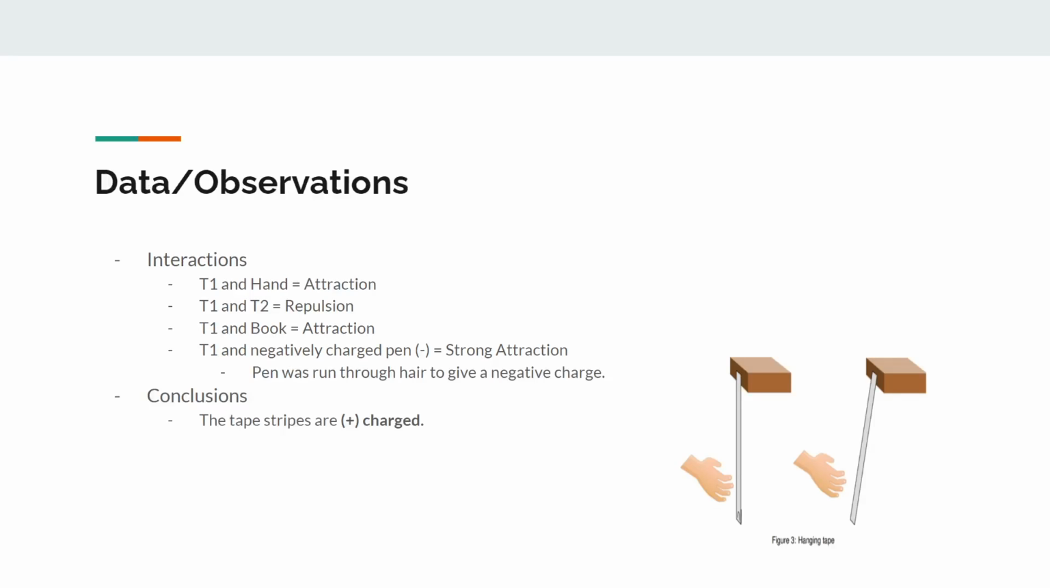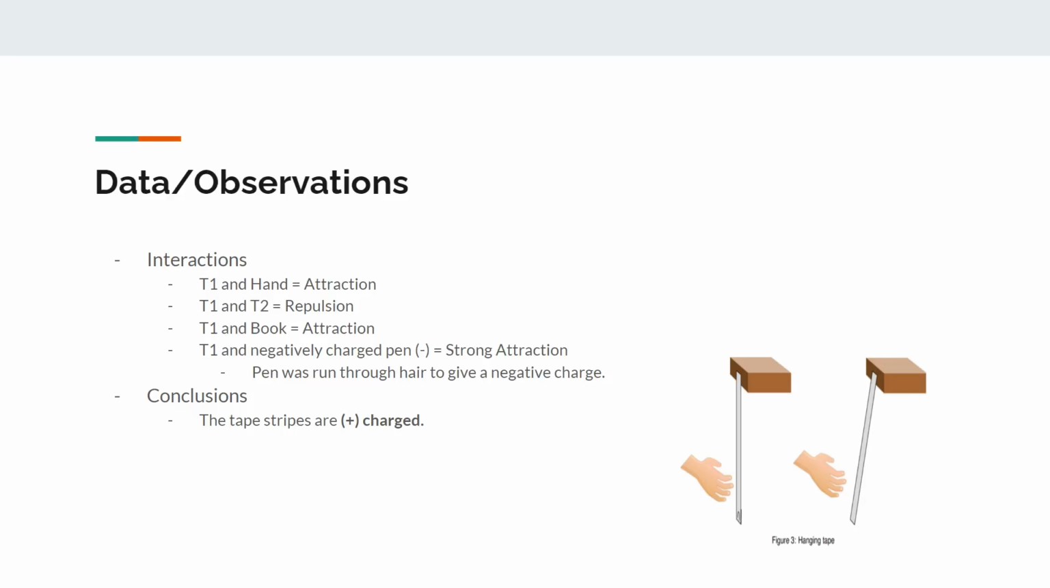Some interactions that we observed: when we put the tape on the table and put a hand or a book there, it attracted slightly, which were both neutral objects, the hand and the book. But when we put tape 1 and tape 2 next to each other, they repulsed each other. And when we put a negatively charged pen next to it, there was a strong attraction, indicating that both tape strips